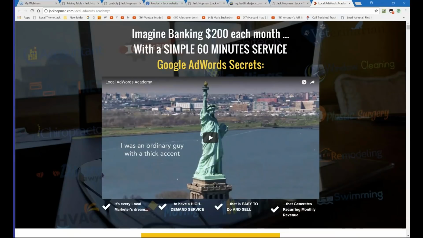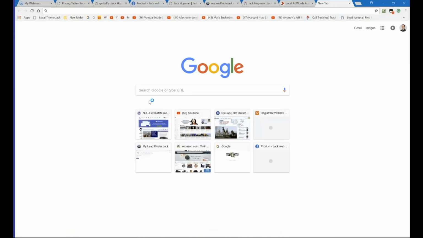Okay, I keep it safe. The setup is everything. It's keyword, ad, and website. Now negative keywords. So you have the keywords, you have the ads, and your website. It's really nothing more than that.